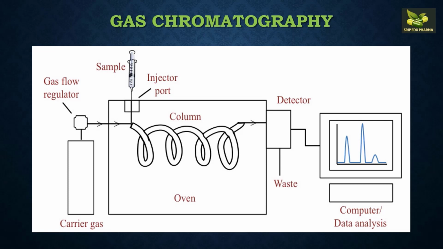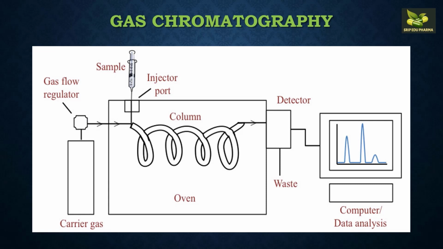Another stationary phase, polytrifluoropropyl dimethyl siloxane. Temperature should be 200 degrees centigrade in the oven, and that is beneficial for the separation of nitroaromatic and volatile components present in the sample. Polyethylene glycol (PEG) is also useful as a stationary phase. The temperature requirement is 250 degrees centigrade in the oven for the effective separation of amino acids, polypeptides, peptides, proteinous compounds, etc.